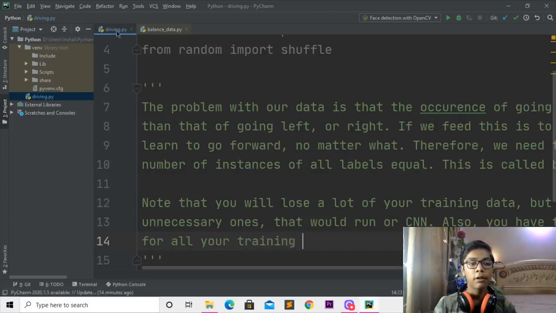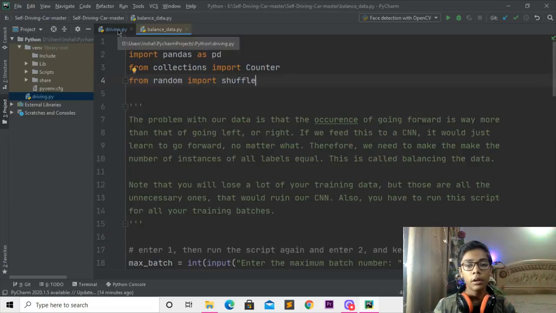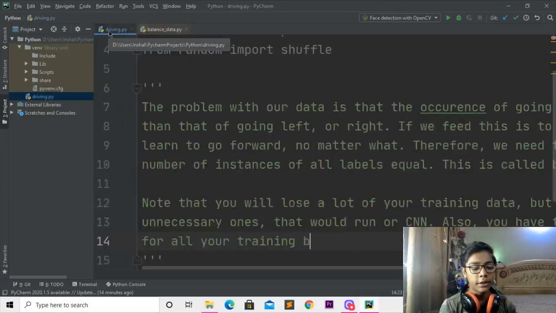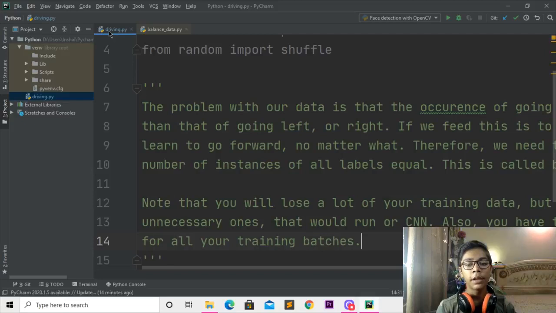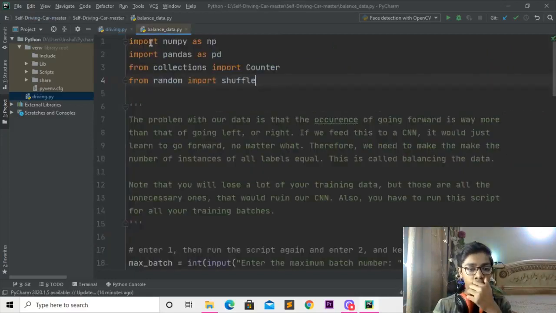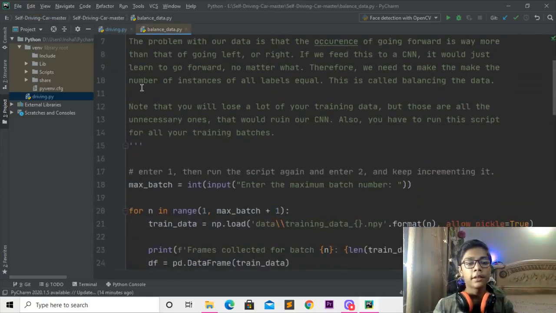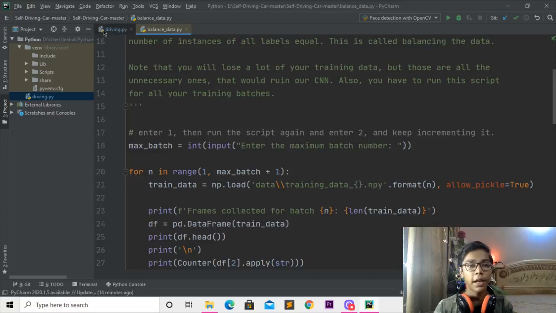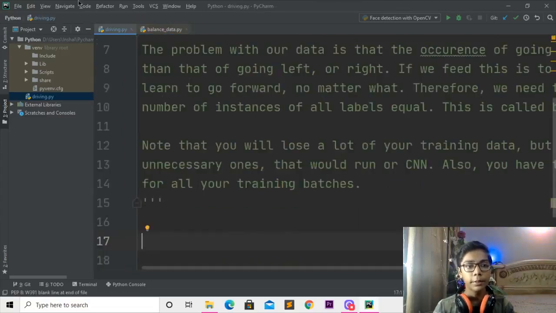So here I'll be writing for all your training, and then there is written for all your training batches, so here I'll be writing. When you've done with that, I'll come underneath, because now our comment has been finished. Then I'll come here again, and you can see there is written another comment, but it is in hashtag. So I'll give one line space, which has already happened. Now you have to come here,